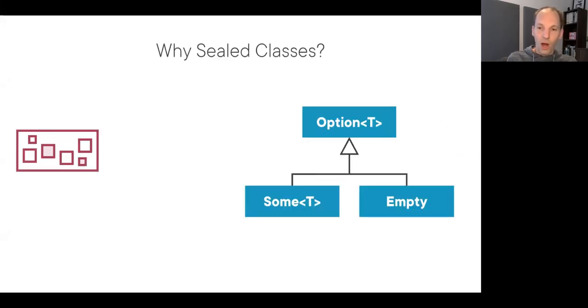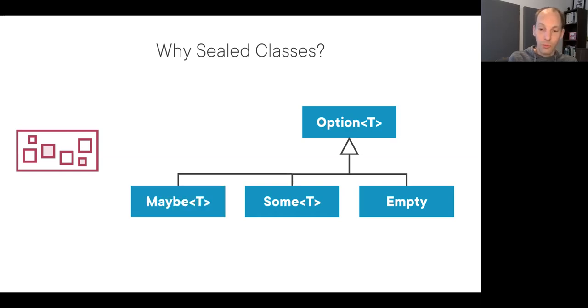With that being said, why would we want sealed classes and what is it? Let's imagine that you're a library author and you want to offer a hierarchy of types with at the top level an option type where you have two subtypes, sum and empty, representing the two states of an option. Now, what you would like to prevent is that there are people who will be adding a third subtype, because in this case, it really doesn't make sense. You really want to restrict to an exhaustive list of two options, two subtypes. Option should only have sum and empty as subtypes.